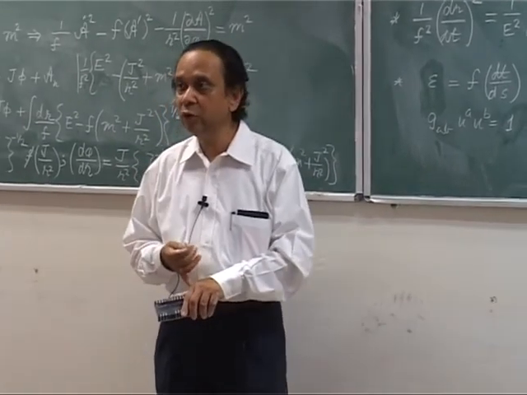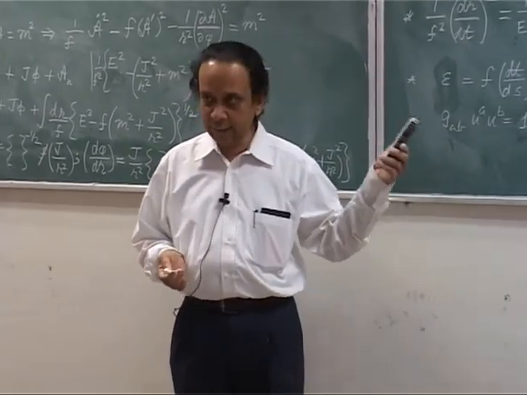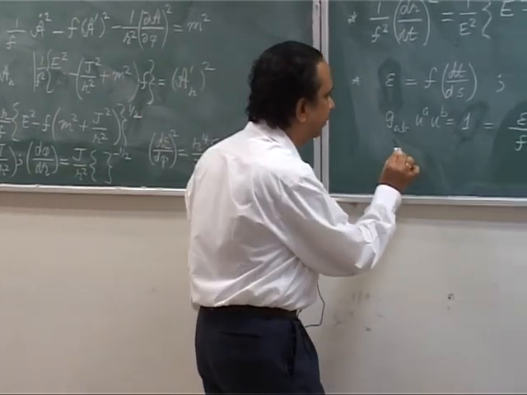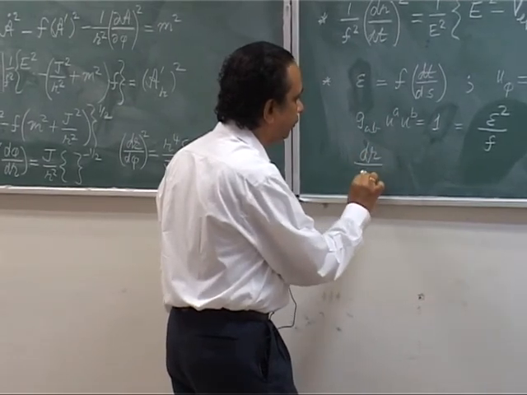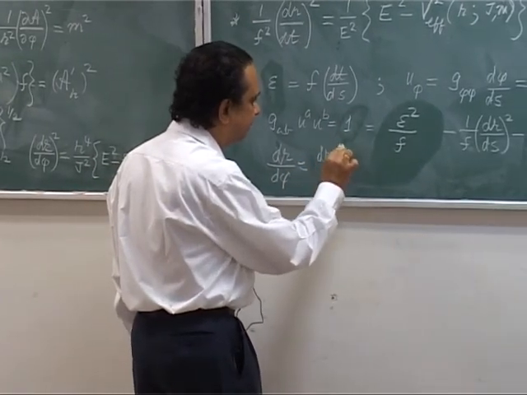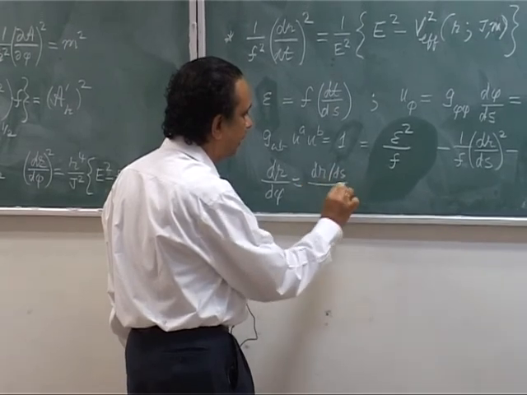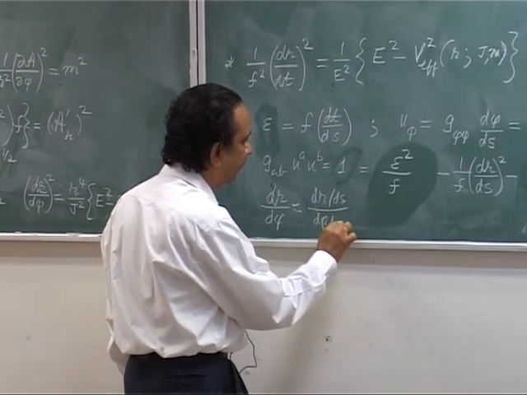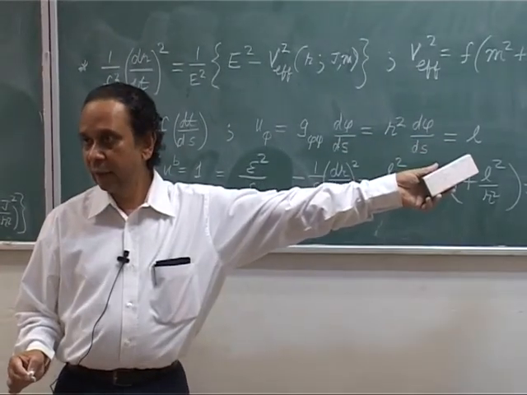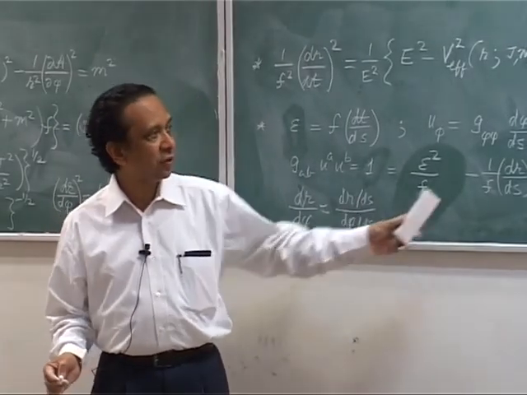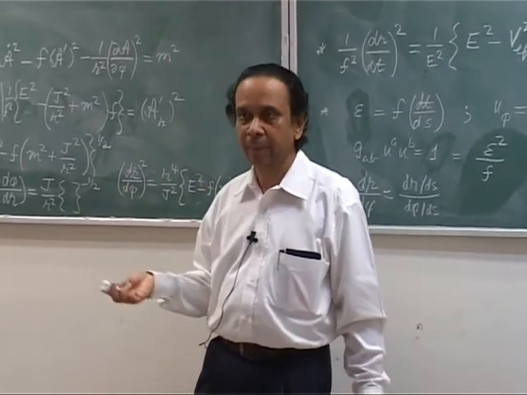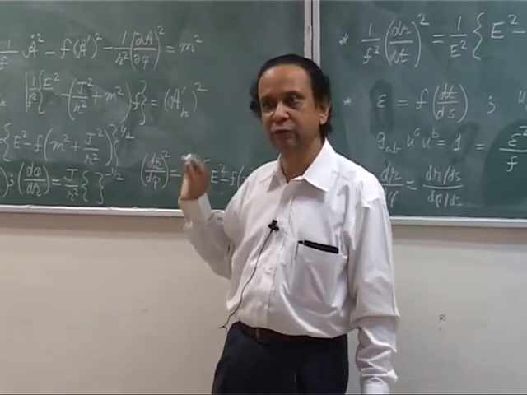Now, if you want to work with the trajectory, then you want dr by d phi. So, what you do is that you think of dr by d phi as dr by ds divided by d phi by ds. Now, d phi by ds you can immediately substitute as L by r square, dr by ds you can pick up from this. So, that will give you the equation, which should match with what you have got here. Okay, because I am not doing that, but when you do that, this is what you will get.